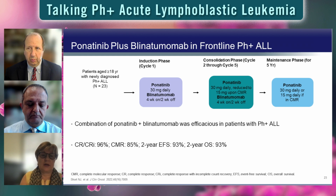The groups that are conducting those trials are looking at the role of complete molecular remission, of course, and then they are actually looking at the role of CMR and the dynamics of achieving CMR and the role of additional cytogenetic remissions and mutations. And here, Farhad, I think you could probably comment on that as well,